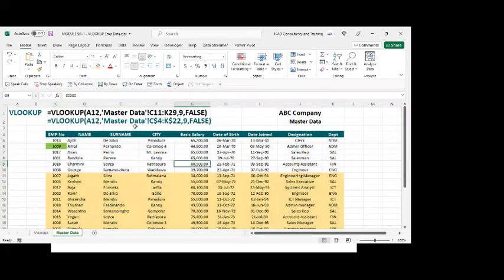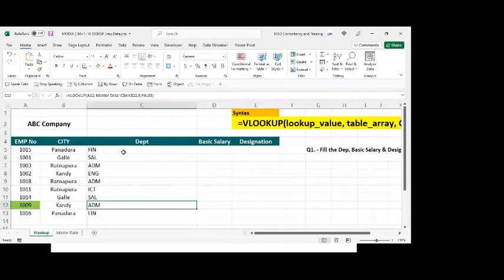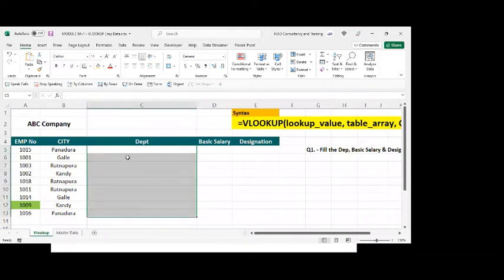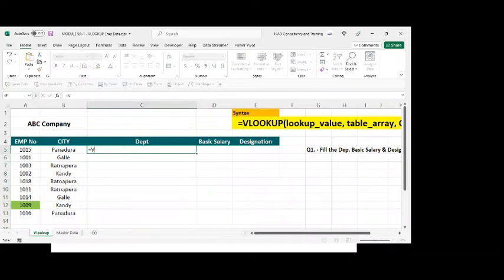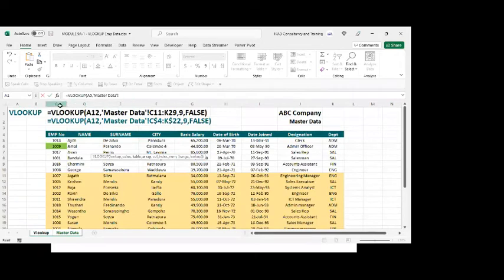Other option is you can simply do it like this also. Sometimes I do that, but for your exam, don't do it, because they are checking whether you know the dollar sign. The easy way out is this. When the lookup value is this, comma, go to the table. You select the table from here to here, straight away from the column name. So then whatever you include at the bottom will get picked up too. But you can't do it if you have another table with this set of data on top of this. If you have another one with another employee number on top of this table, but you want to refer to this table, then it will pick from that table.